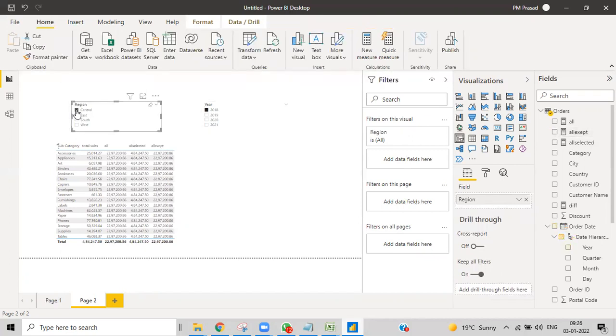Whenever I click Central, it will move. So you can see the external filters are working on both of these, but not working for this one, because we gave ALL EXCEPT. It will take only this one region: when we select the region, that filter only will be applied out here.